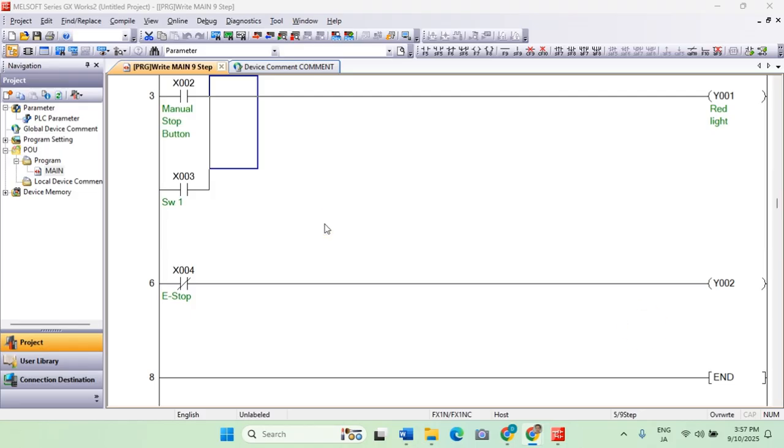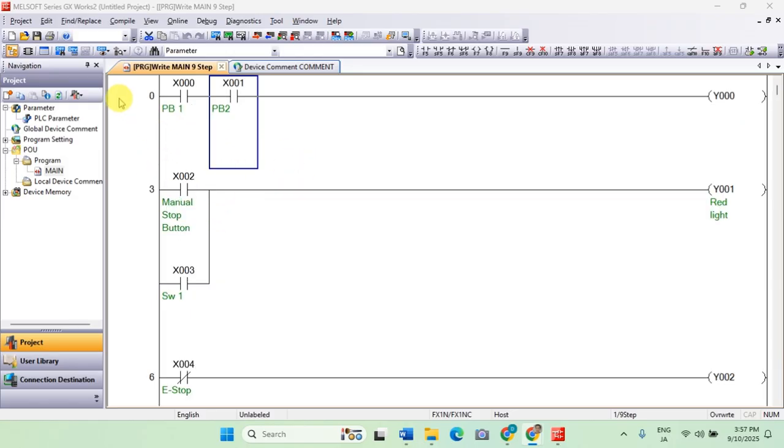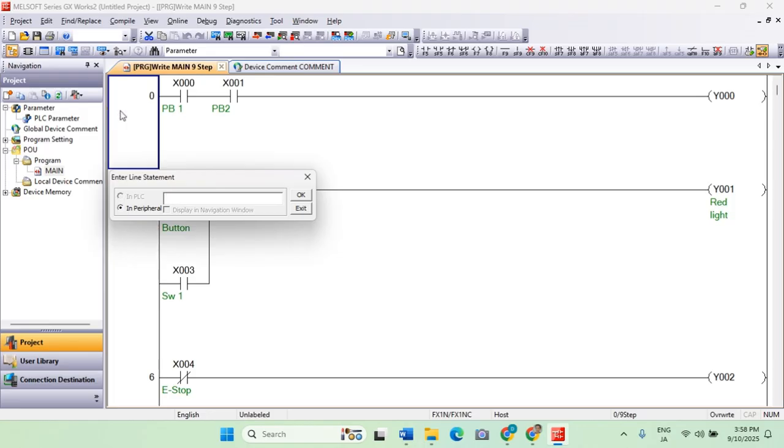Now for the next one, we will go to adding the statement. Again, the purpose of the statement is to represent a line of PLC logic that performs a specific operation. It has a limit of 64 characters. So how do we add that statement? This is one of the ways. In this icon, you can see that this is the statement. You just need to click it. Ensure that you selected the rank where you want to add the statement. Okay, then double click on that, and then we can add the statement.